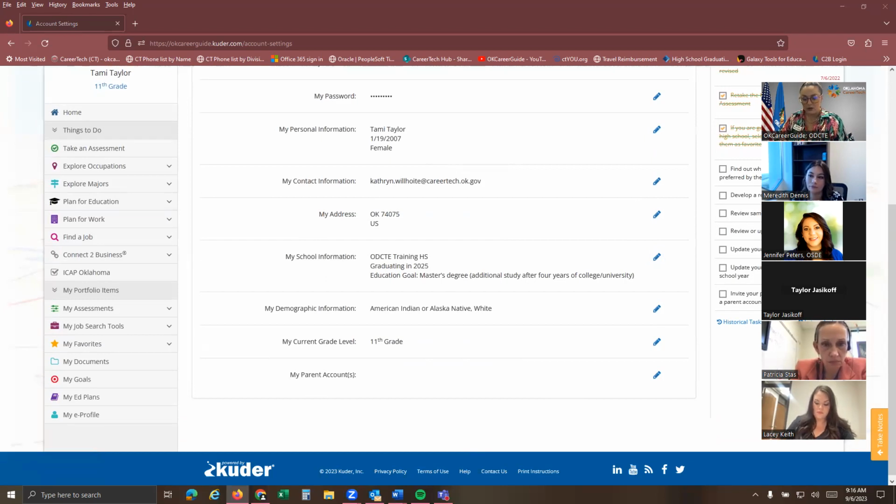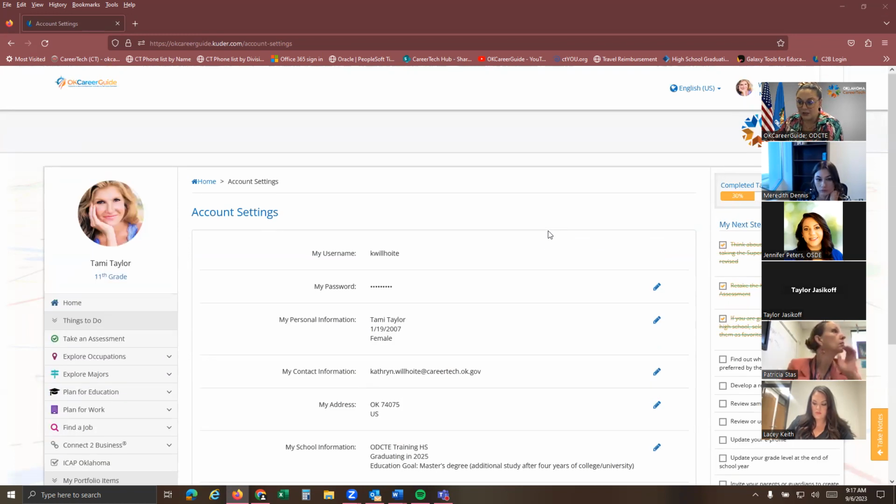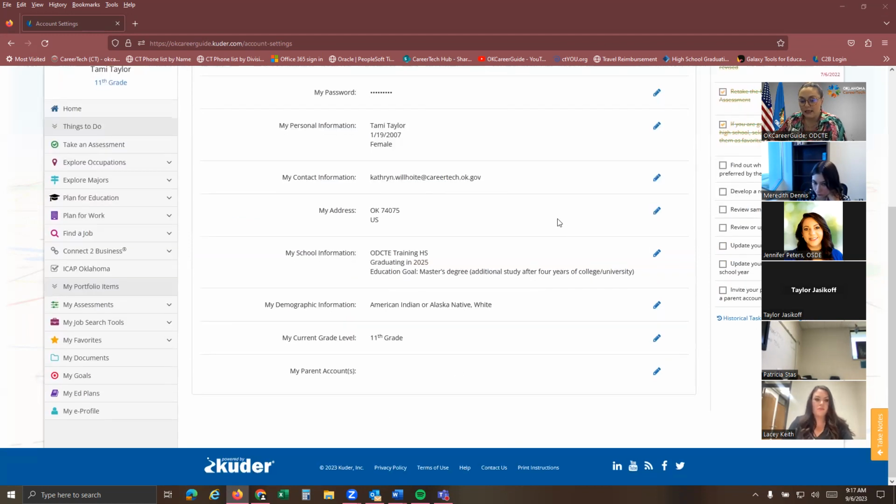If you run into issues where students can't get logged in, the reason I would prefer you to reach out to me is I don't want them to go in and create a brand new student account. We want to avoid duplicate student accounts, especially for ICAP purposes, because once a student has more than one account, it can get really messy in terms of the data you're trying to pull. So keep that in mind that if they can't log in, please reach out to me. We can get it reset. But that's essentially where they can go to update their school or update their grade.